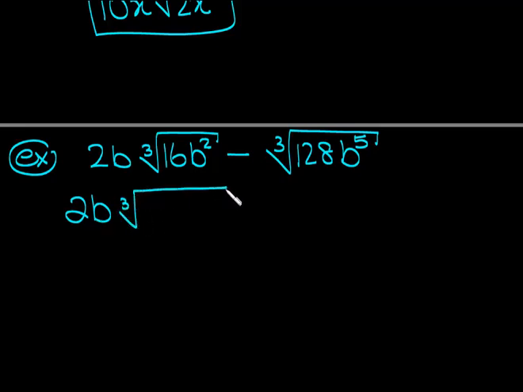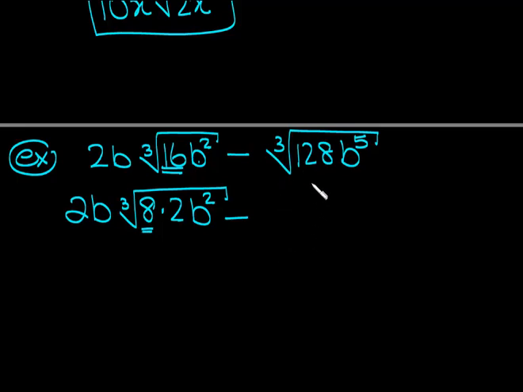16 is not a perfect cube. Can I write it as a product of two numbers where one of them is? It's 8 times 2, because 8 is a perfect cube. The power here is 2, here it's 3. There's no way I can make that a 3 since it's already less than 3, so we'll leave it alone. Minus,